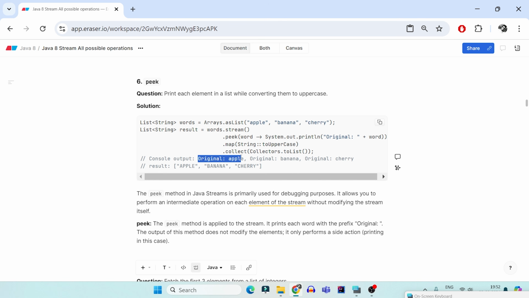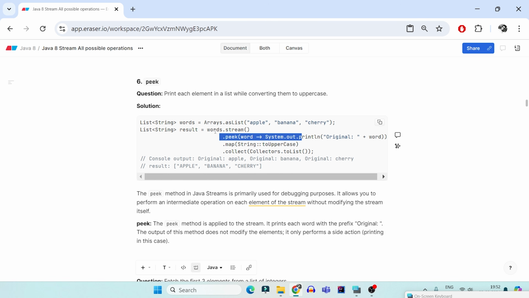So the original becomes apple, then it is mapped to APPLE. The second comes as banana, so original colon banana and it will be mapped to capital BANANA. The third comes as cherry, so original colon cherry will be there. But remember, your original stream of words will not be converted to original colon apple, original colon banana, original colon cherry. That will not happen.